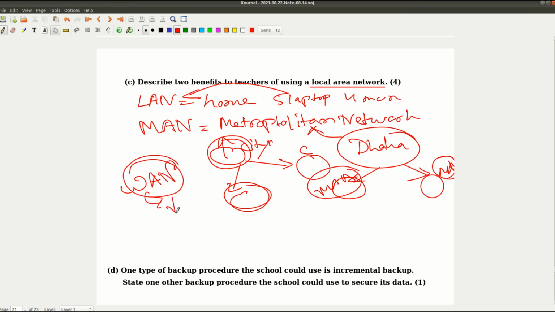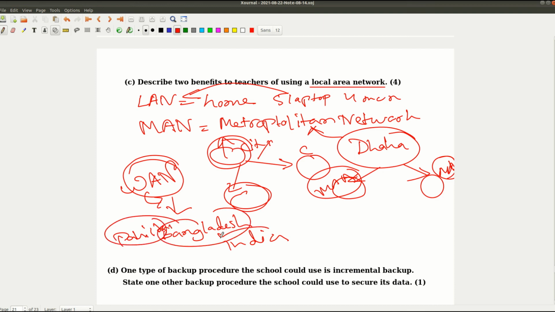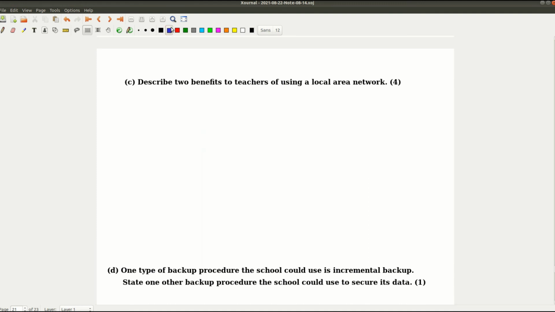So WAN provides internet to the country, like Bangladesh and India and Pakistan are getting the same internet WAN. So this is the example of LAN, MAN and WAN. So the answer for this question, number 1, is